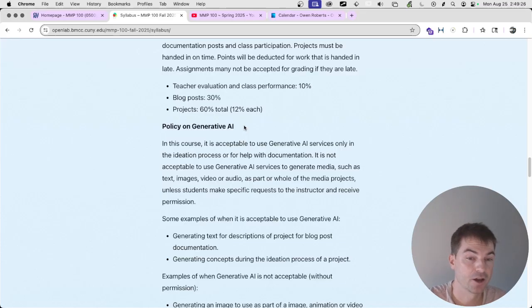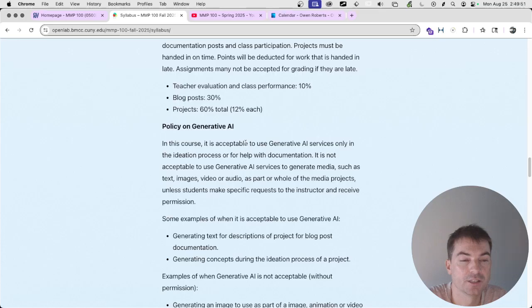This class is not about AI, and so you don't really need to use AI for this class, but I do want to talk about it because I know that a lot of you use it in your day-to-day life for different tasks, and that's fine. Again, you don't have to use it. There's no requirement to use it, but if you are going to use it, these are the rules for how to do it. And if you have any questions, just reach out to me about it.